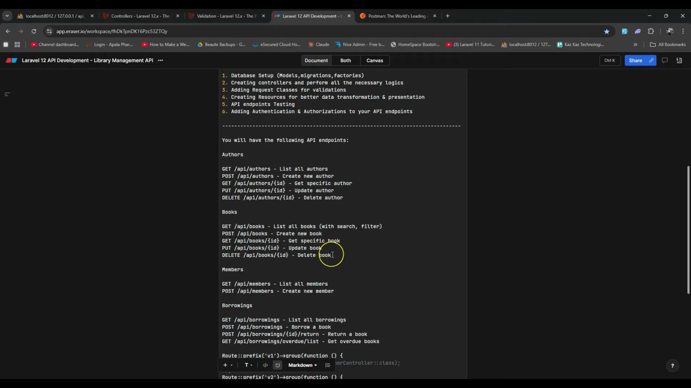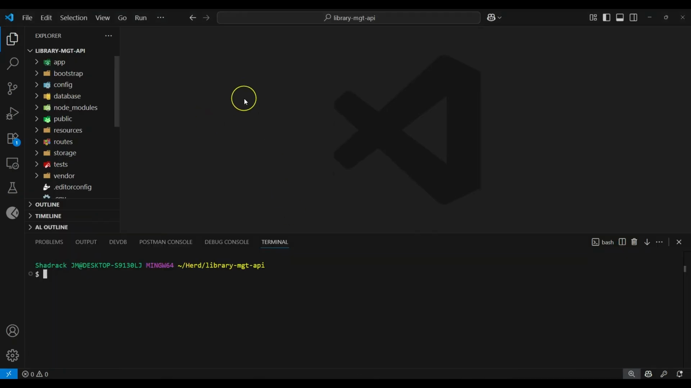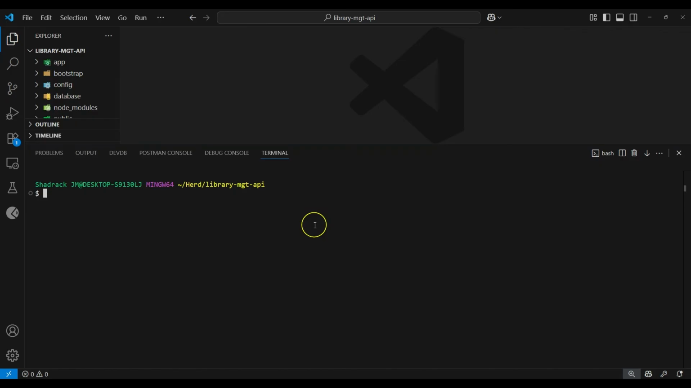Okay, so now let's deal with the books API. We are going to start to build the API endpoints and all the logic that is required for managing our books. So now let's go back to the code here, and the first step will be to create the controller for the books. I'll create a controller here by using this command,